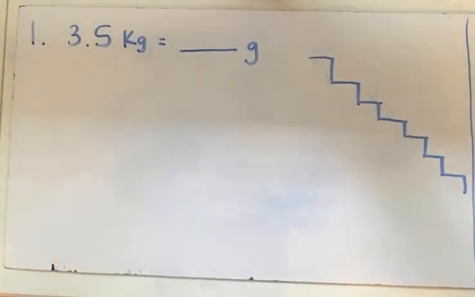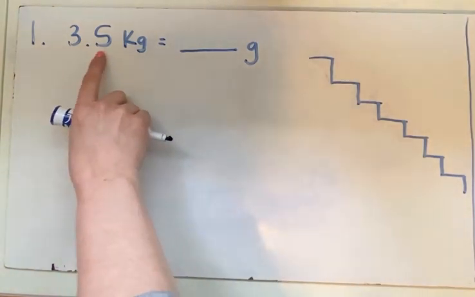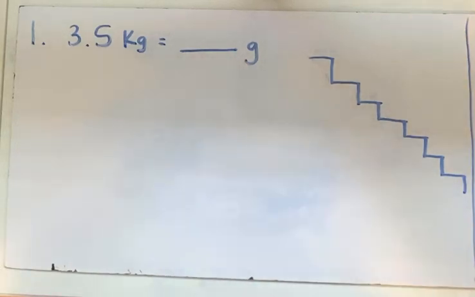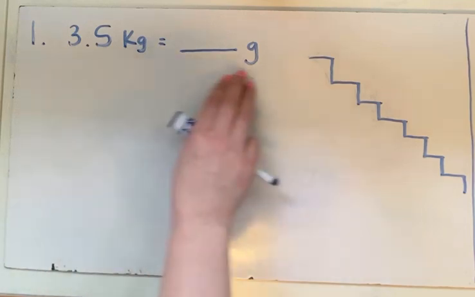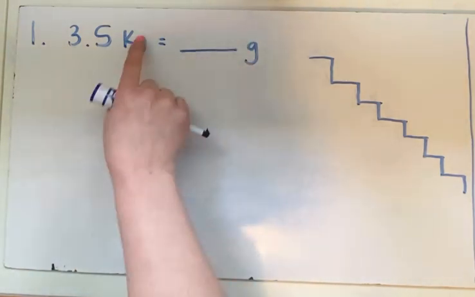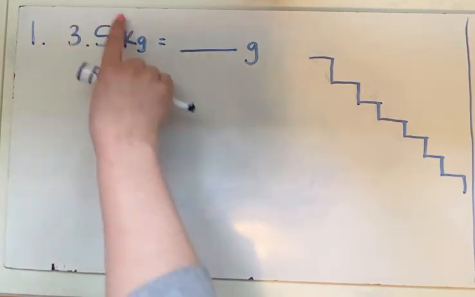All right, this is an optional video on how to do conversion problems with a little bit more explanation. The conversion problem we're going to look at today is 3.5 kilograms is equal to how many grams? And that's the way you should read these problems. A lot of them have this format, where they're asking you how many grams are in this measurement